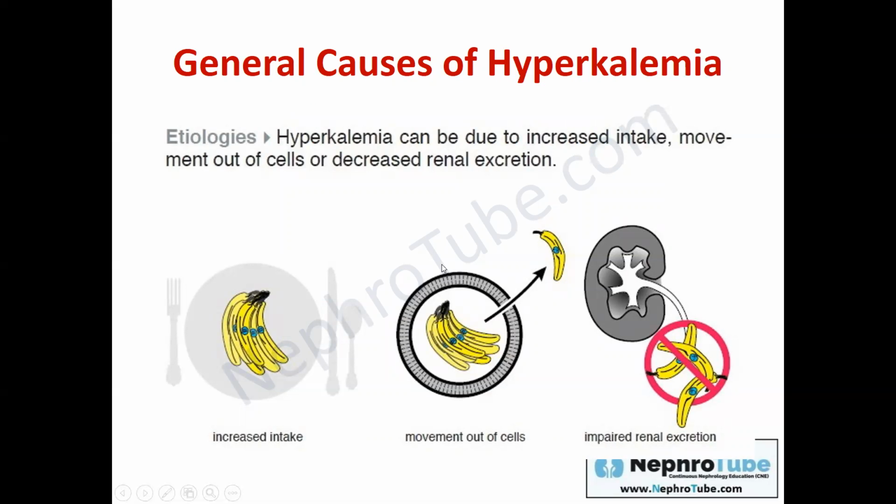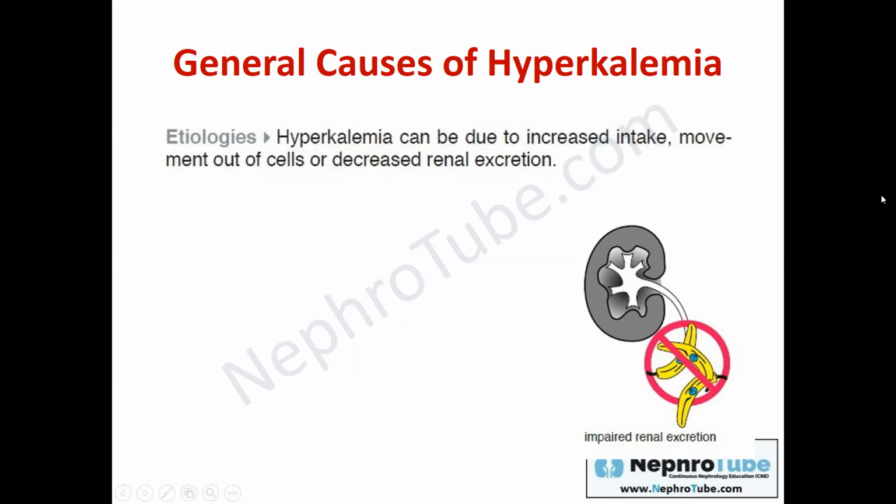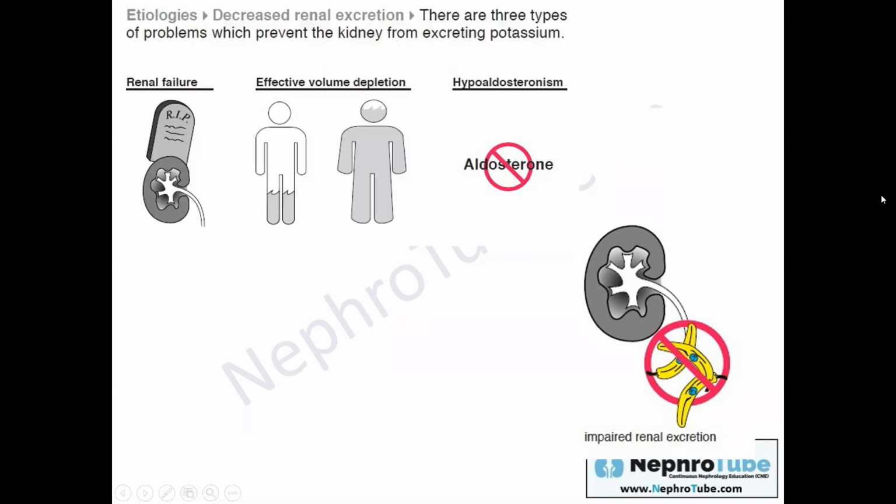So we have now discussed the causes: the very rare cause of hyperkalemia, which is increased intake, and the movement of potassium out of the cell. Let's discuss the causes of impaired renal excretion and hyperkalemia. Three causes. First is renal failure; in patients with renal failure,